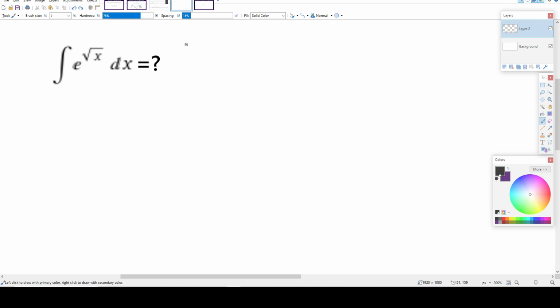So I'm going to go with u substitution to solve this. There might be other ways, but this, in my opinion, is probably the cleanest. So we're going to let u equal the square root of x. And instead of taking the derivative right away, we're going to actually square both sides of this equation. So we're going to end up with u squared equals x, which is much nicer to work with, because now